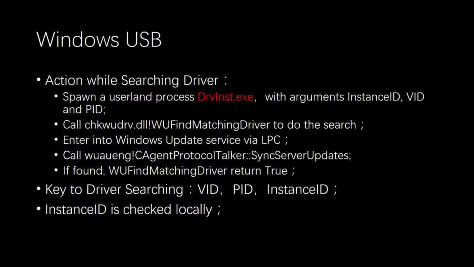It will spawn a userland process called driver install, with arguments. It takes 3 arguments: the first is the instance ID, and the second is the VID and PID. The VID and PID are just collected from the USB device, and the instance ID is generated inside the